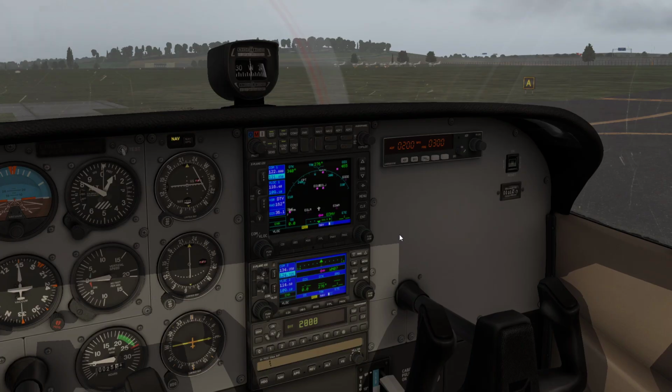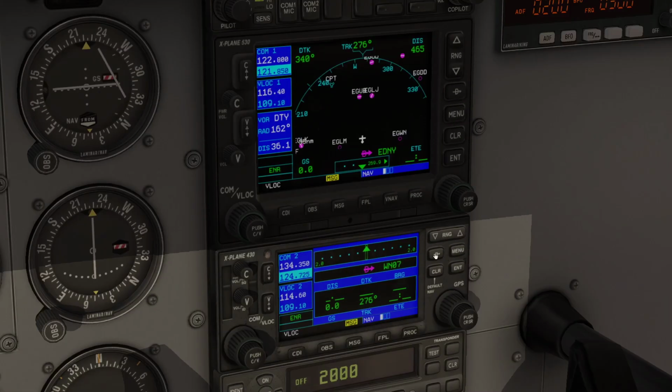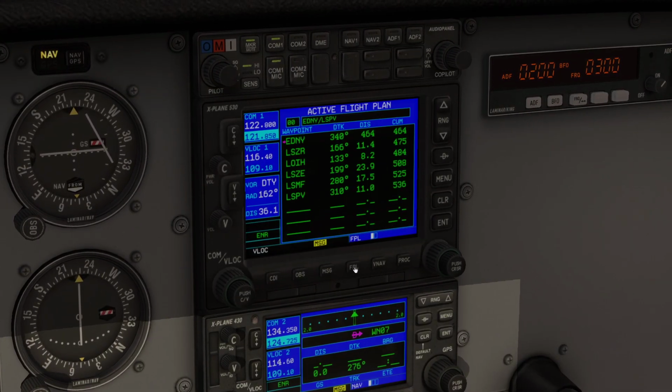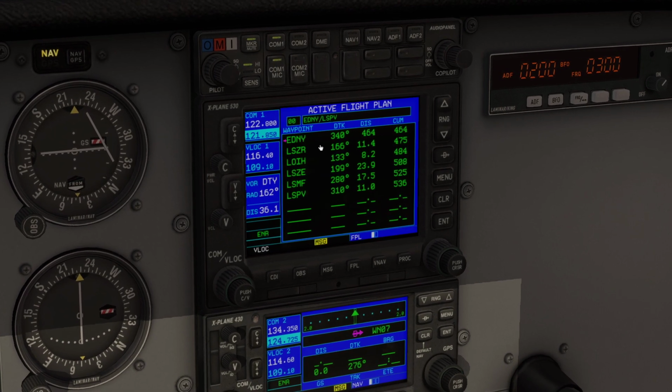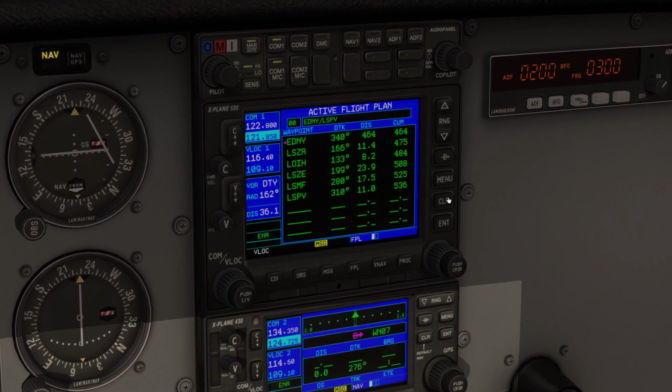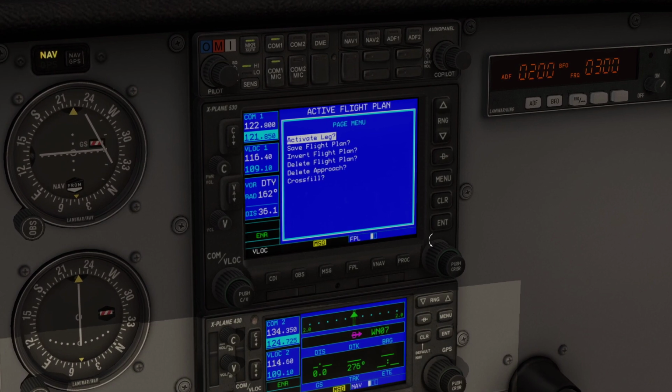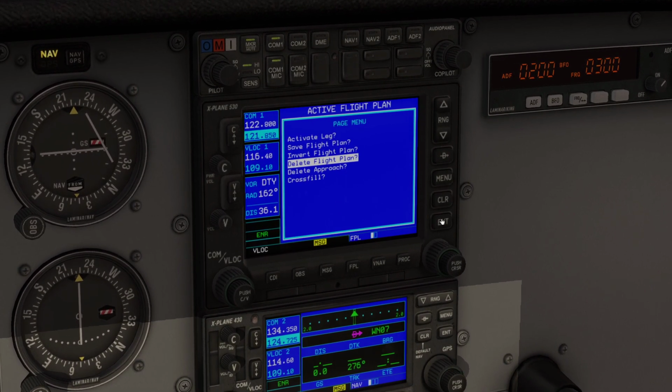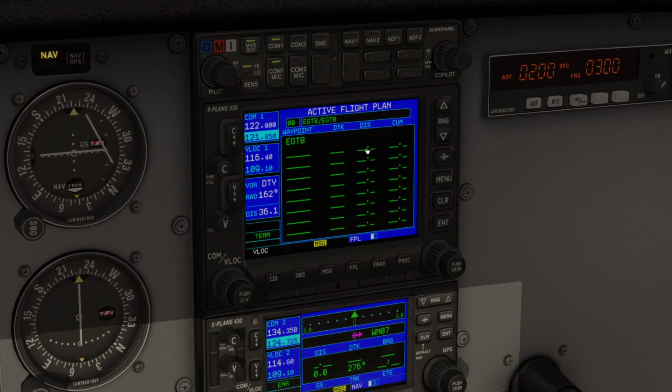So if I come back into X-Plane, and we go and look at the GPS system, we can pull up the flight plan. And we don't want the flight plan that's in here, so we will go to menu and we will use the wheel to delete flight plan and press enter. So we end up with an empty flight plan. Then we can